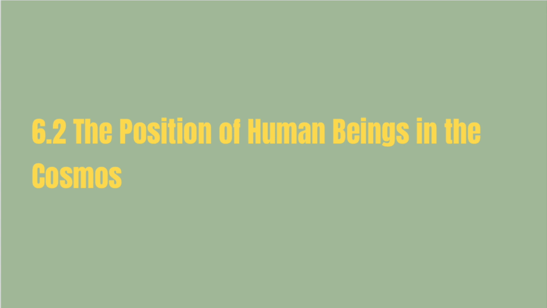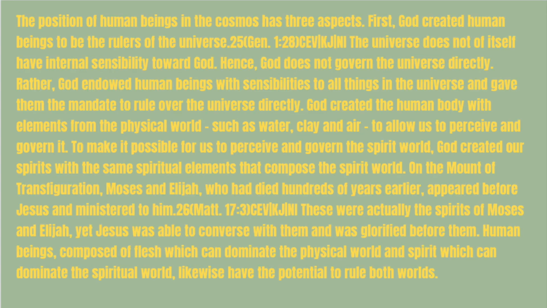6.2. The position of human beings in the cosmos. The position of human beings in the cosmos has 3 aspects. First, God created human beings to be the rulers of the universe. The universe does not of itself have internal sensibility towards God. Hence, God does not govern the universe directly. Rather, God endowed human beings with sensibilities to all things in the universe and gave them the mandate to rule